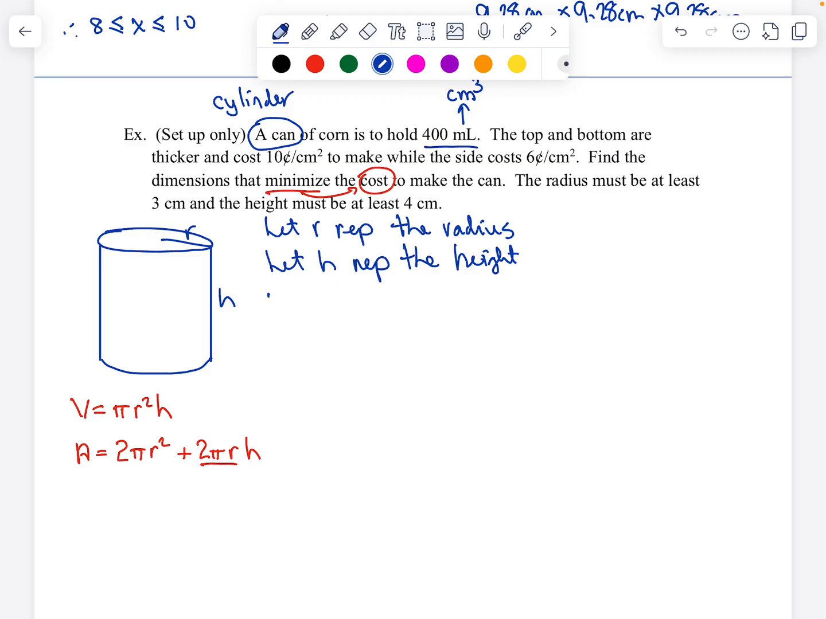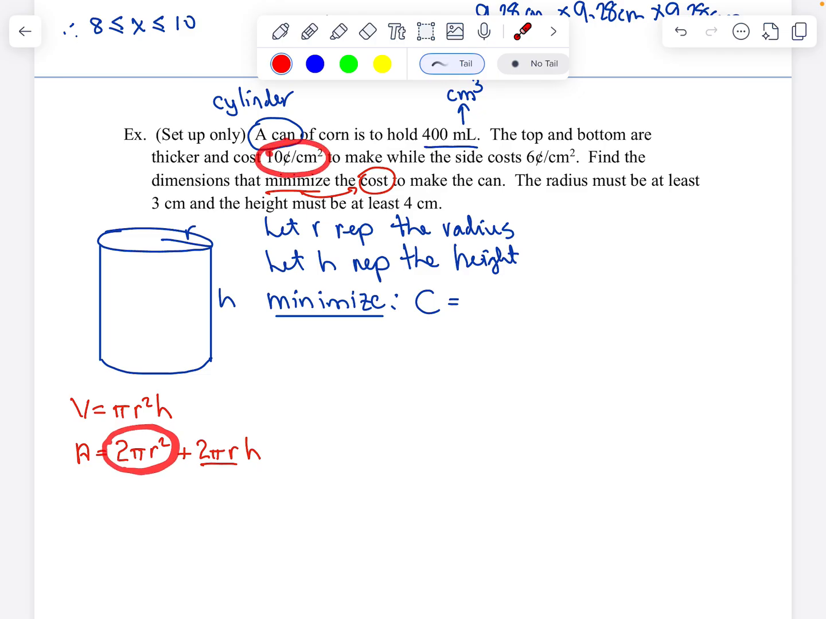Next step then, I want to come up with an equation and we are trying to minimize the costs. So I'm going to say we want a minimum or minimize here, and I need an equation for the cost. Now, this is where things get a little bit different again as we set up this equation, because the top and the bottom cost 10 cents to make. So if I want to add that to my equation, I'm going to say, well, my cost, here is the area of the top and the bottom, and we now need to incorporate the fact that they are going to